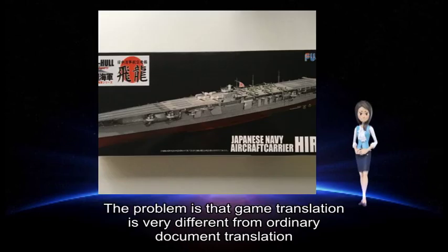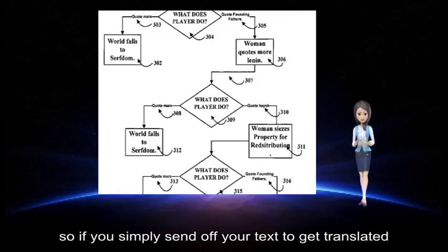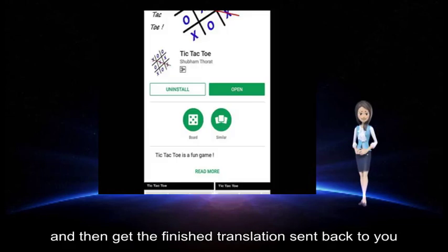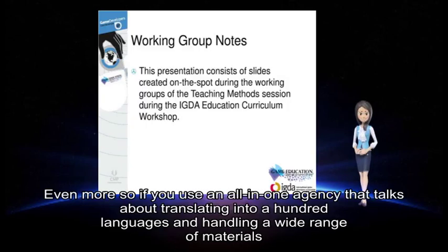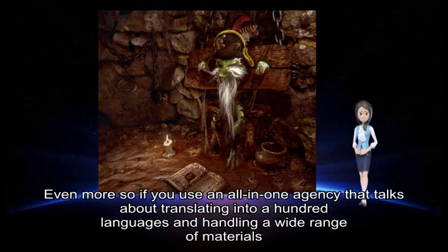The problem is that game translation is very different from ordinary document translation. So if you simply send off your text to get translated, wait a while, and then get the finished translation sent back to you, you are probably in trouble. Even more so if you use an all-in-one agency that talks about translating into 100 languages and handling a wide